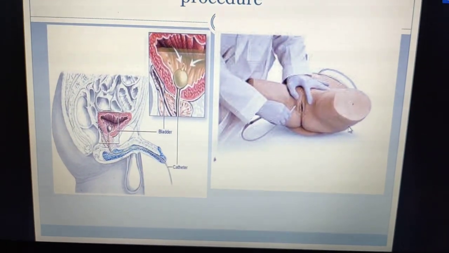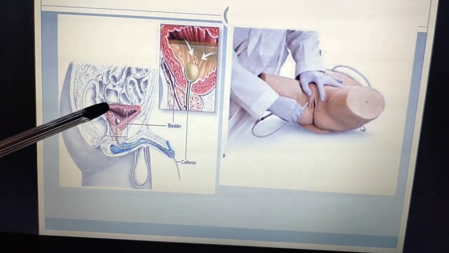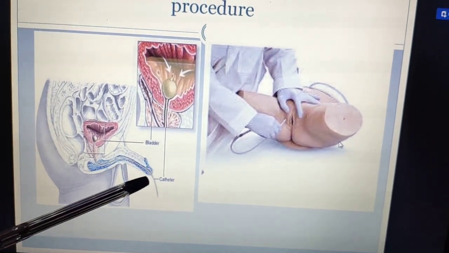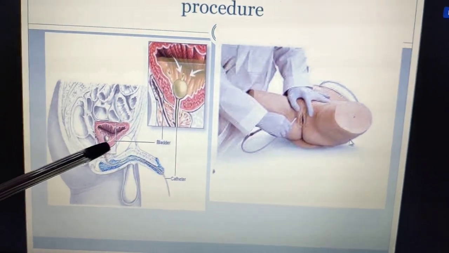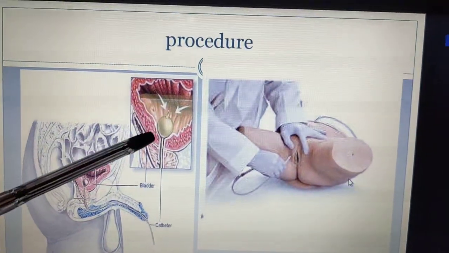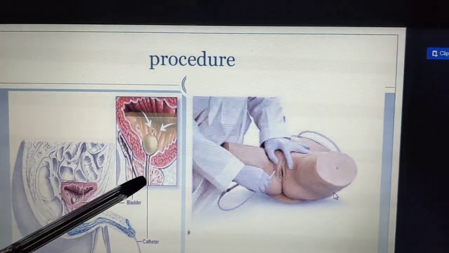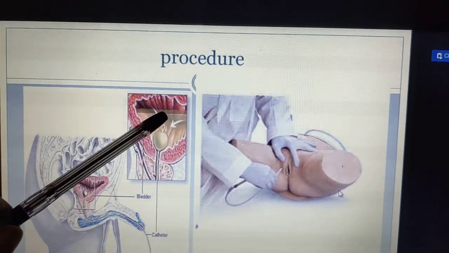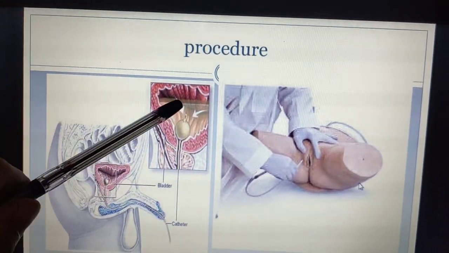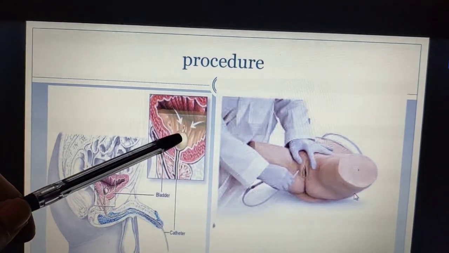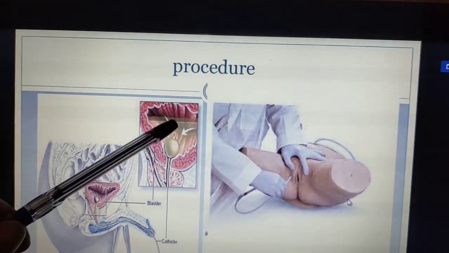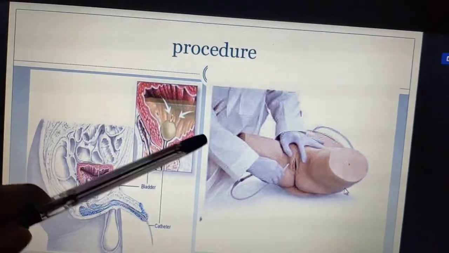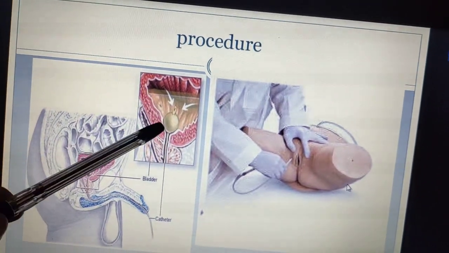Next, what is the procedure we'll see. See, this is the bladder, isn't it? This is the bladder and this is the urethra, right? The catheter is going to pass from here. You have seen some balloon-like thing, no? If we inflate the balloon, it will not come out, it stays there only. Again, the urine collection is there, it can drain out easily. If there is no balloon, it comes out easily, isn't it? For that, it is the Foley's catheter, silicone catheter. If you want to retain the catheter in the patient, for the fractured patient and all, it is important, no? So in that condition, we will insert this type of catheter.